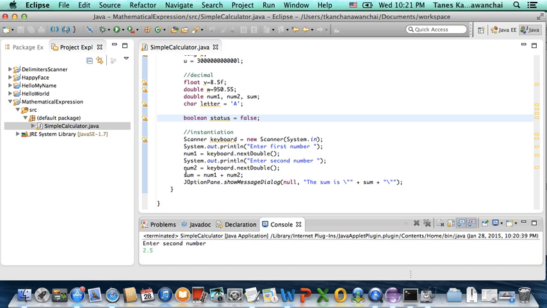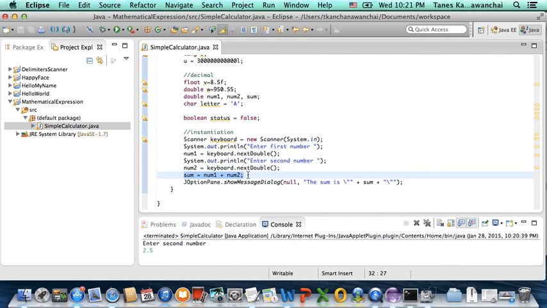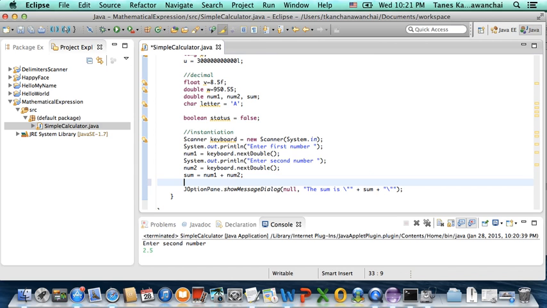Okay, so that's the basic mathematical expressions when you sum and pop it up. Of course, we can find more than just the sum. We can say diff, right, for difference. So diff equals num1 minus num2, and the same pop-up box I can just keep concatenating with the plus, and I'm going to say that diff is, right, but of course I'm going to copy